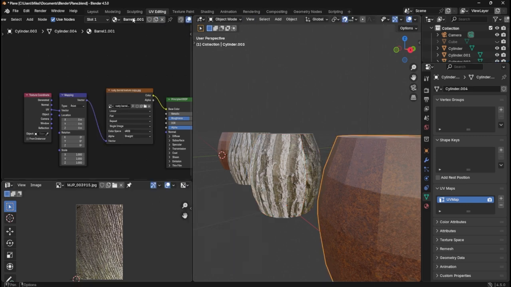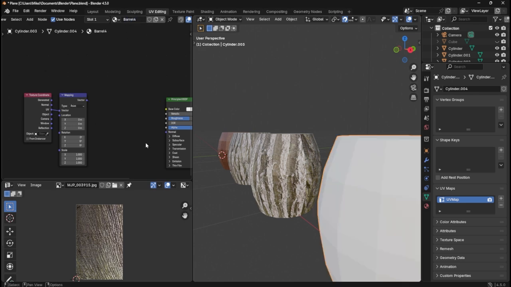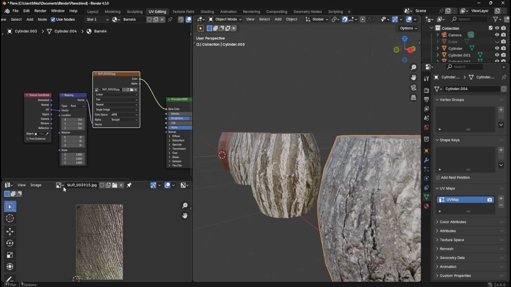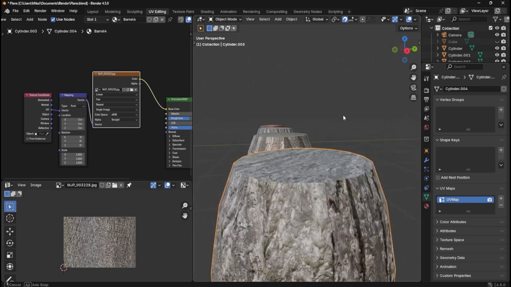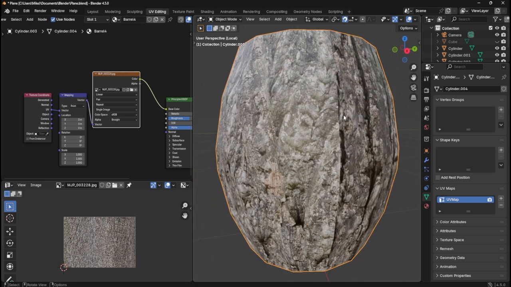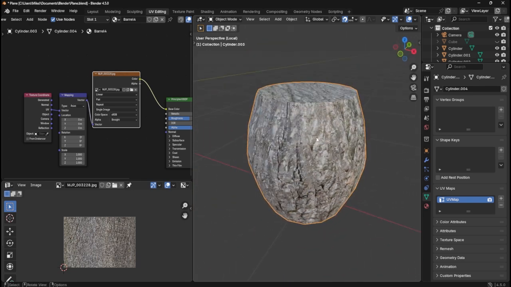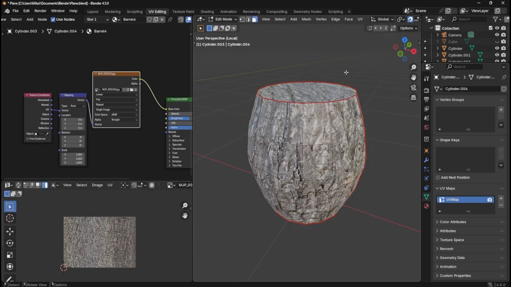So if I copy that and name that as barrel 4, get rid of that, and then we're going to put in 3228, try that. So vector, color, and then if we go to that one, and then that, and that, zoom out. Oh, whoa, what was that? Okay, so